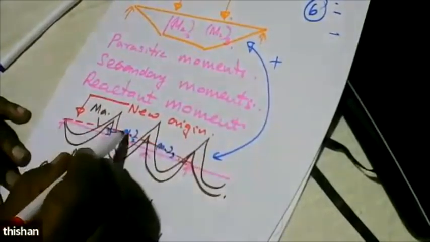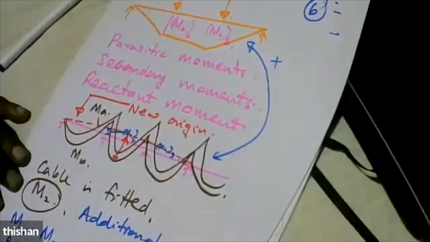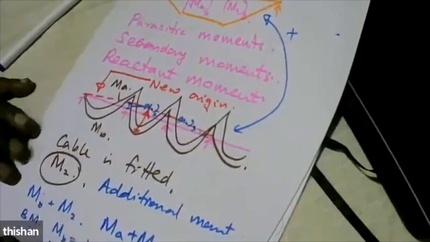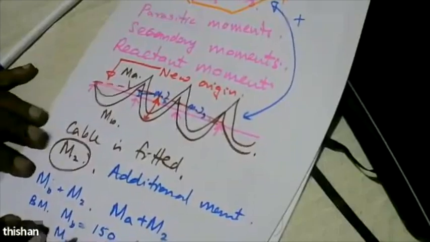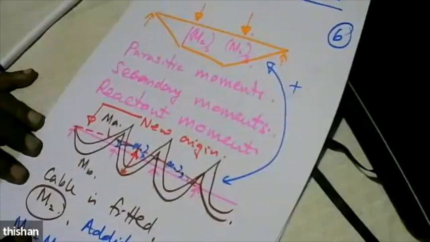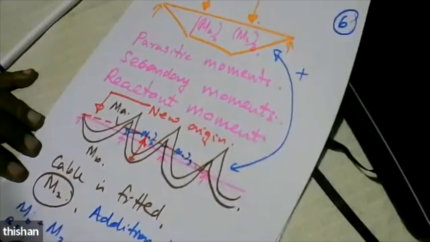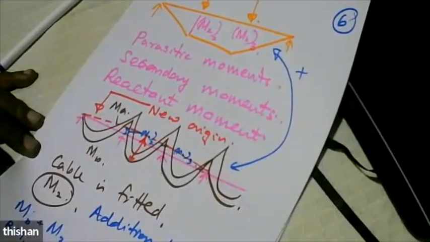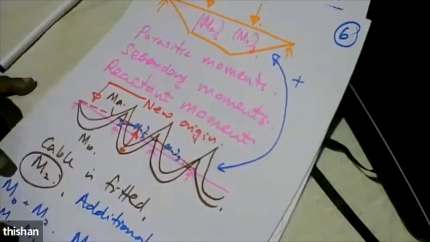So the only way you can get a moment increase is by representing the secondary moment diagram on the hogging side. And then we assume that that is the new origin of the bending moment diagram. Automatically you can get these numbers from the bending moment diagram. You don't have to do it mathematically. So that's a graphical representation of the principle of superposition that you all have learned maybe in the second year or the second semester. By using the principle of superposition, you can easily work out